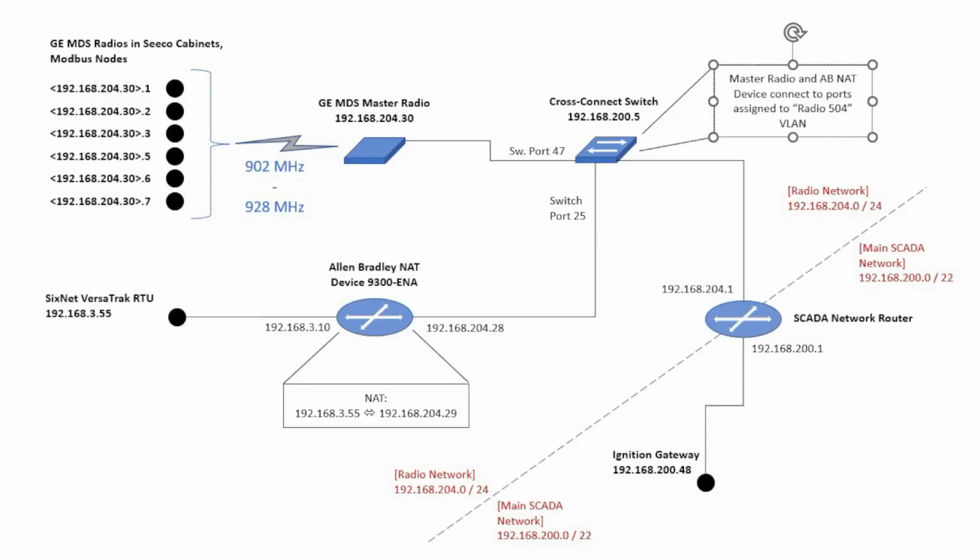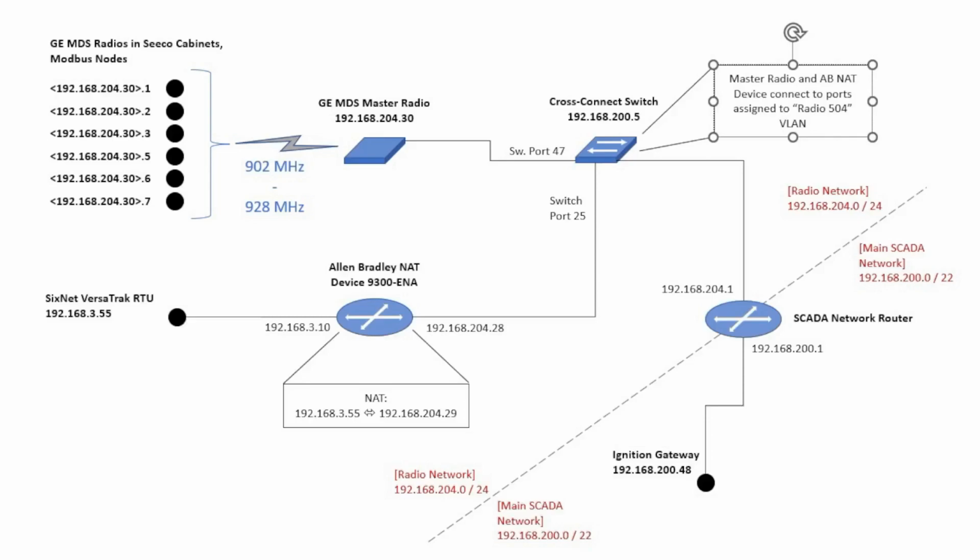The RTU itself is stuck with an IP address on the 192.168.3.0/24 network. So in order to reach it, traffic must pass through a device that applies network address translation from 192.168.204.29 to the stuck IP address at 192.168.3.55. The GE MDS radios and the VersaTrack RTU join the radio network through physical ports on a managed switch that are configured to pass traffic only on the radio VLAN. Any traffic leaving or entering the radio VLAN goes through the radio network gateway at